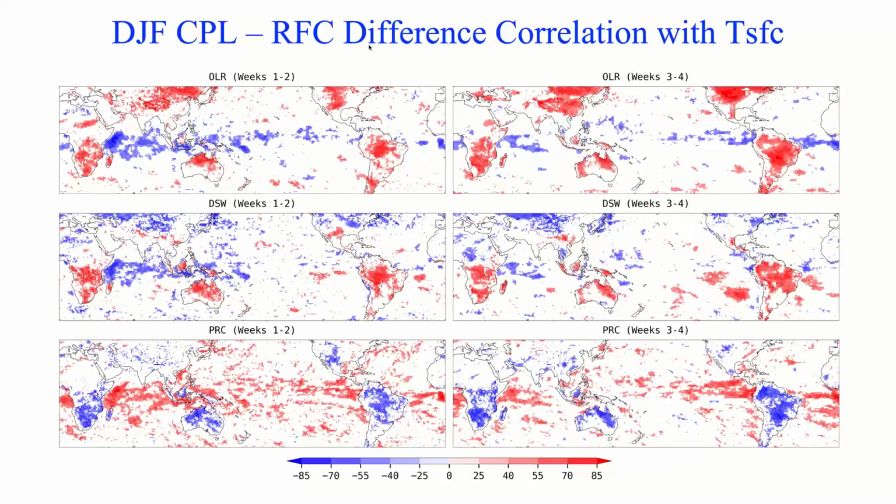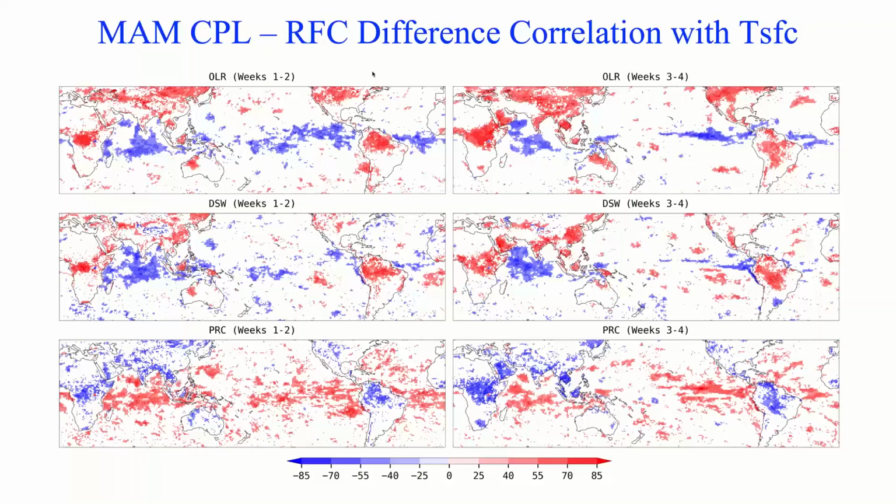So now we go to the other signals. It's very consistent when you do the correlation analysis here. OLR is also focused in this area, very similar, and so are the downwelling shortwave at the surface and the precipitation. Again, their signal is decaying in weeks 3 and 4, but we still have some signal in, for example, the Pacific Ocean and also the East Pacific, tropical Pacific. And these are very consistent, telling us that more vigorous convection actually occurs, with deeper convection and enhanced precipitation. And also, next, please.